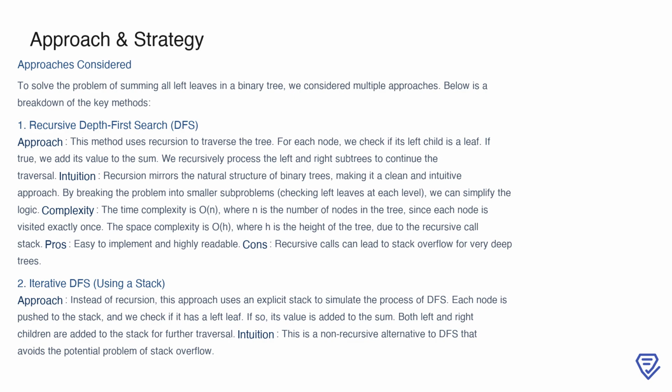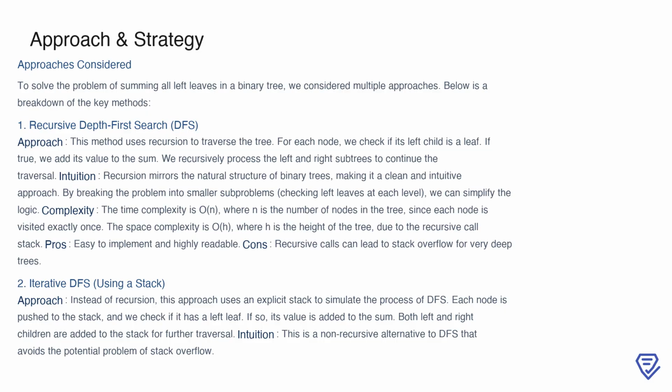To solve the problem of summing all left leaves in a binary tree, there are three main approaches to consider, starting with the recursive depth-first search, or DFS. This method uses recursion to naturally traverse the tree. At each node, we check if its left child is a leaf, and if so, we add its value to our running sum. We then recursively process both the left and right subtrees. This approach is intuitive because recursion mimics the hierarchical structure of a binary tree, allowing us to break the problem